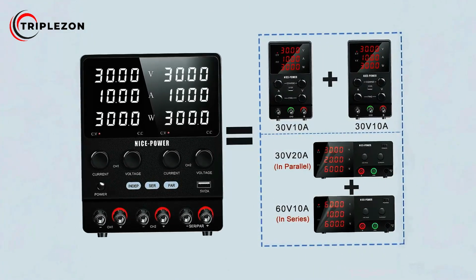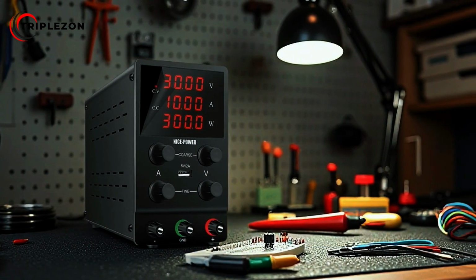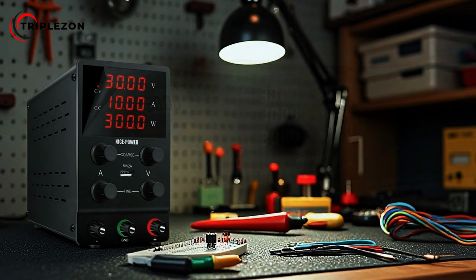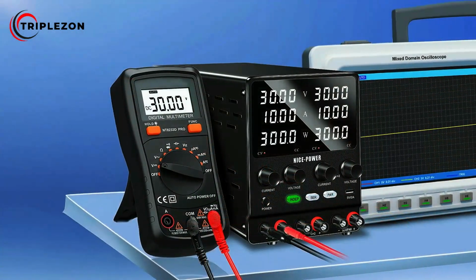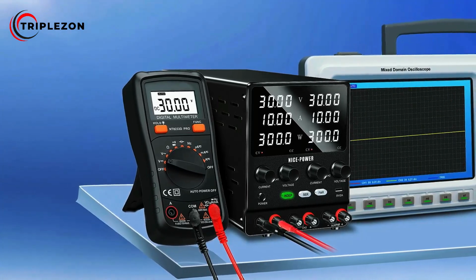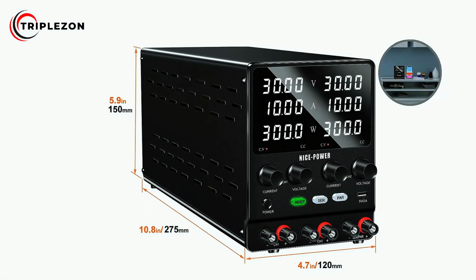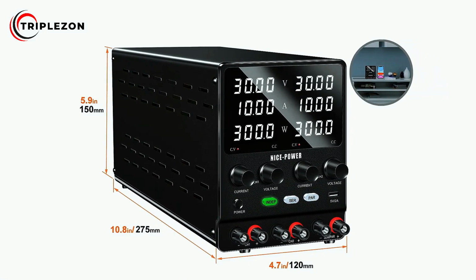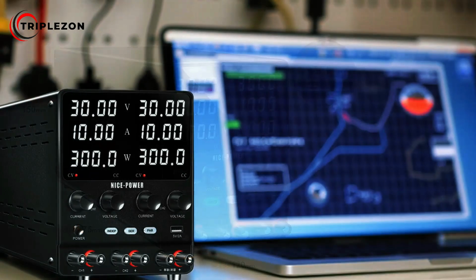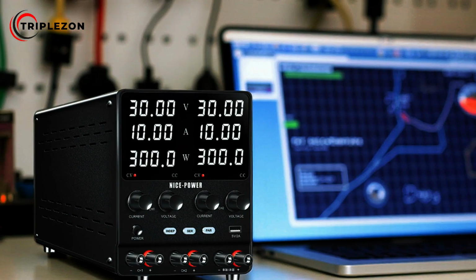Precision control is another standout feature, with 4 rotary encoder knobs allowing voltage and current settings to be fine-tuned to 0.01V and 0.01A. This ensures accurate output for delicate or high-demand applications, from lab experiments and LED testing to battery charging and electronics repair. Certified by CE and FCC, the SPS 3010 includes robust safety protections guarding against overvoltage, overcurrent,